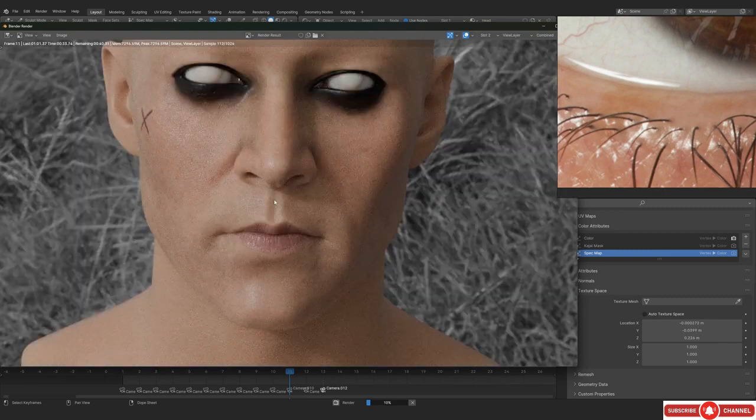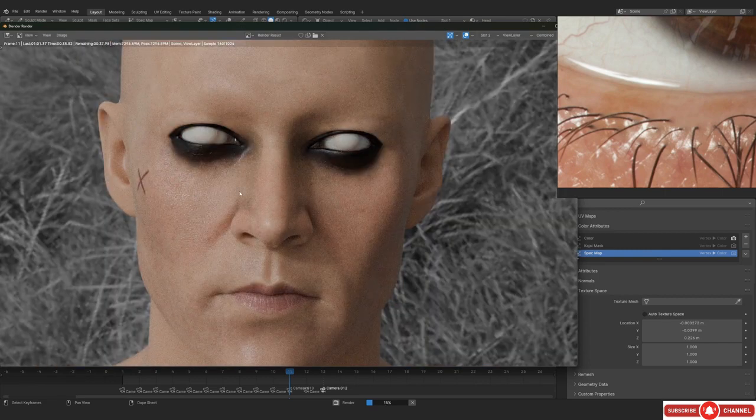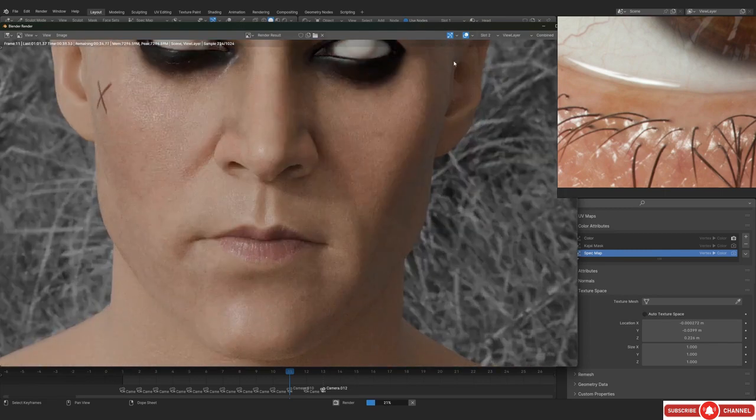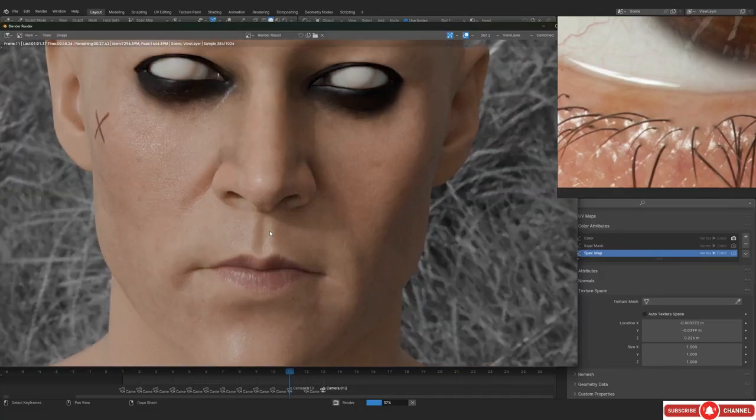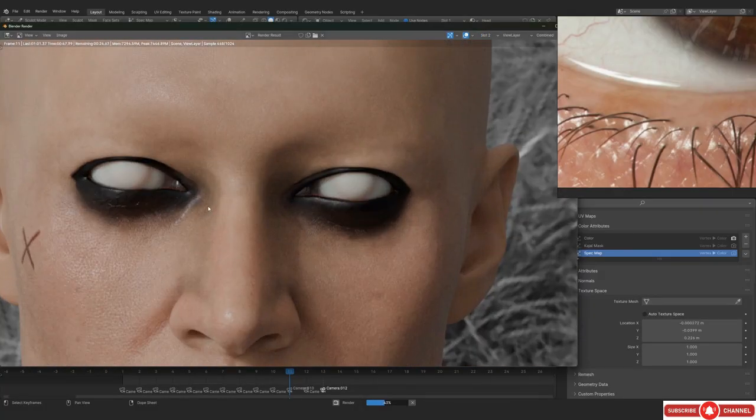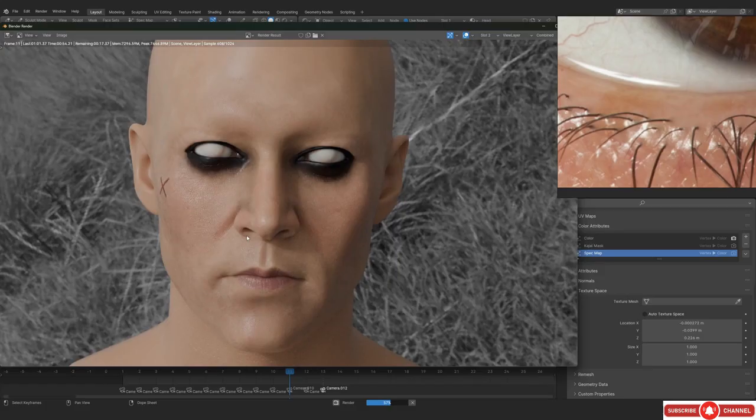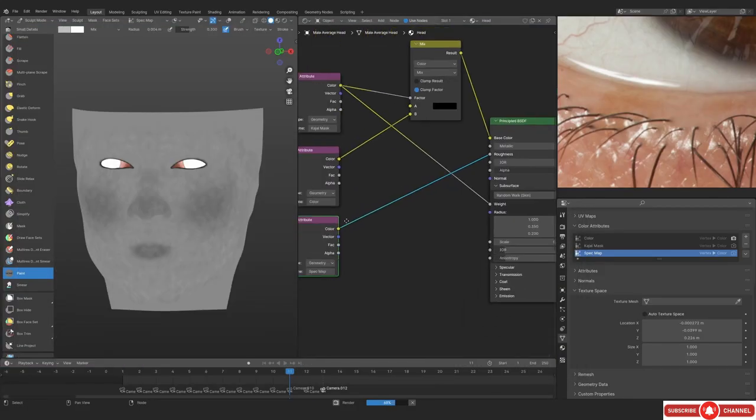So right now this is what we have. And remember, we had it a little bit rougher, like the roughness was at 0.25. So this was, let's let it render though. But yeah, you can see that we've increased the shininess a little bit, like on the nose and on the lips. You can definitely see that. So that's actually pretty good.